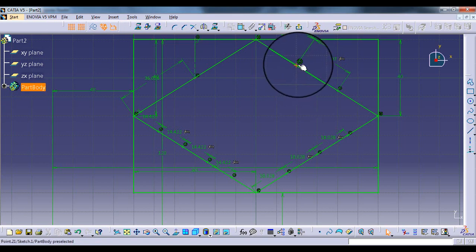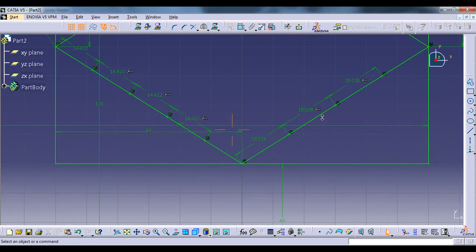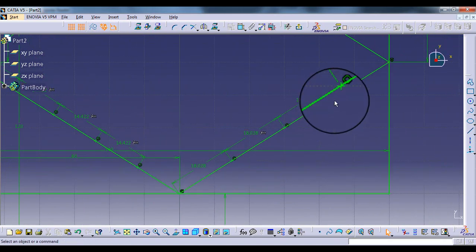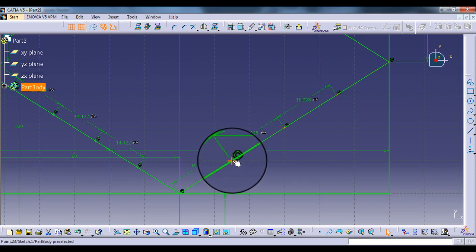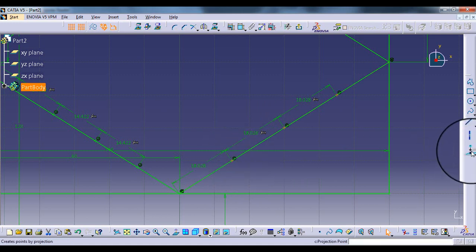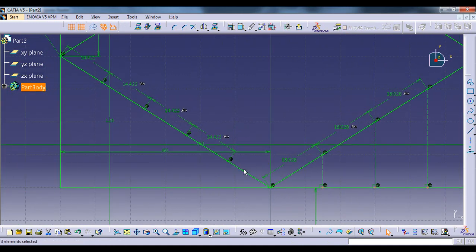Then again I will select 2 points by pressing the control key, and then I will project them on this line. So again I will select these 3 points and again we will project them on this line. So remaining we will do them in the same way.